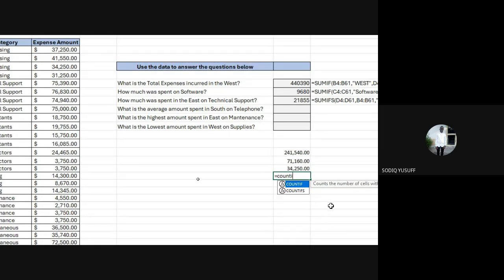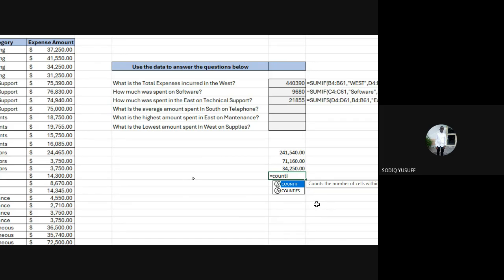If you check, we have COUNTIF and COUNTIFS. The first one is singular, the second one is plural. Now, unlike your SUMIF that has 3 arguments, COUNTIF only has 2 arguments.